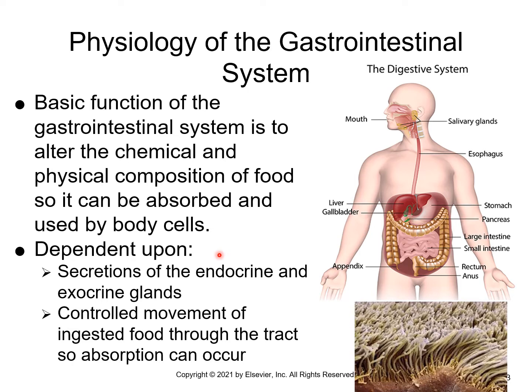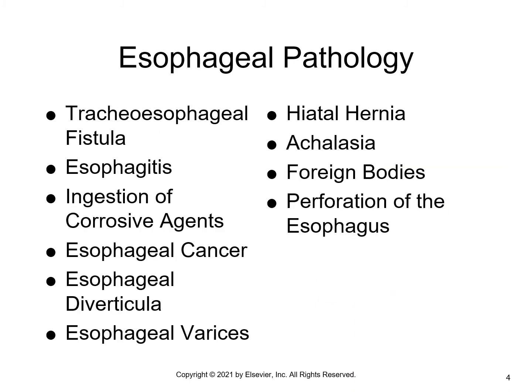The functioning of the GI system is going to be dependent on secretion of the endocrine and exocrine glands, and that can be multiple different glands, such as our salivary glands, our pancreas, and other endocrine glands. The movement of food through the GI tract can allow for resorption of different materials and nutrients in different sections of the bowel. So we're going to start looking at some of the pathology of the